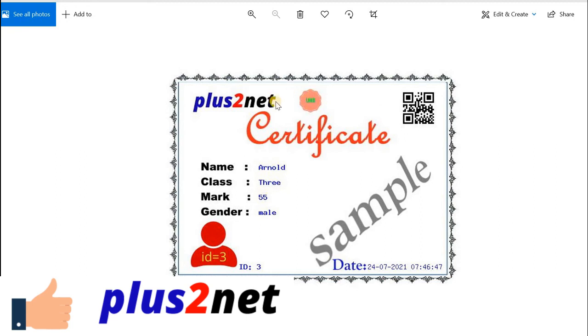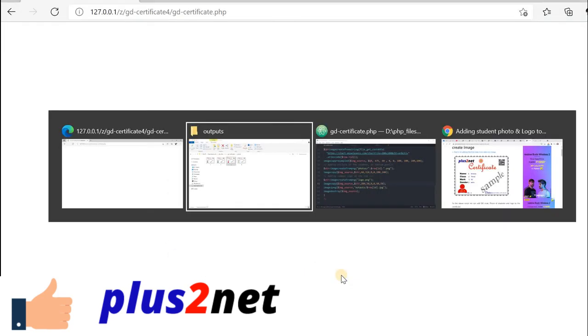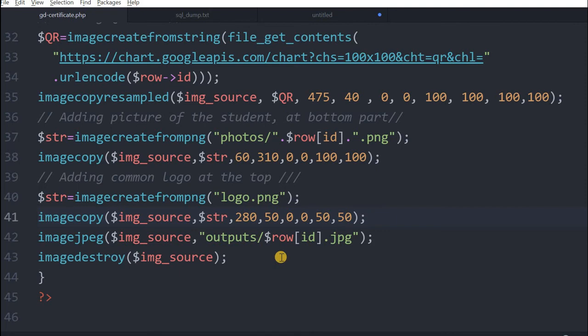Okay, so you may have to experiment with this. Suppose you want to bring the logo towards the left. So let me just close this and experiment with that. To come towards the left, the x coordinate I have to change. So instead of 280, let me put 180. Now I expect that it will be moving left.